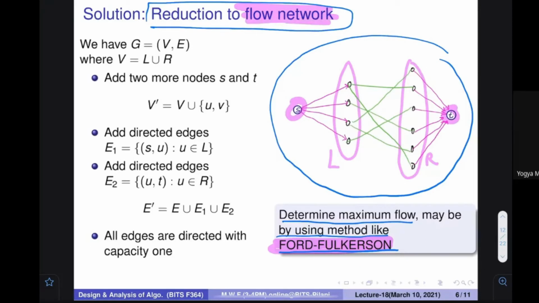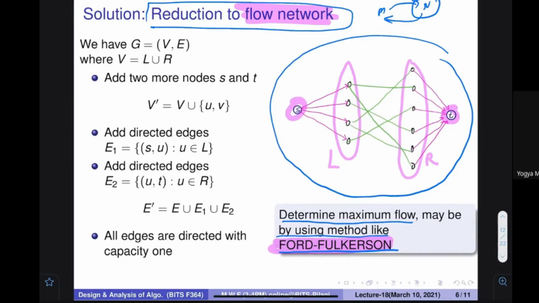And if I solve this particular problem using Ford Fulkerson, I would be able to find out a flow. This is not an answer for my problem. So whatever answer I am going to get, I have to devise a method to get back my answer. This is the one step, that my problem is converted to the new problem. I also have to find the second part: whatever solution you get over here, you have to convert it and map it to the original problem. So that part is still left. Rahul, is it clear? We'll talk about it later. Make sense?